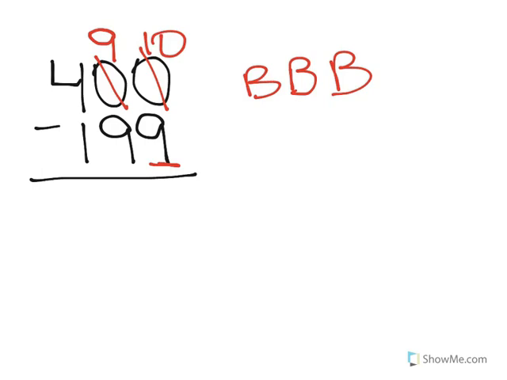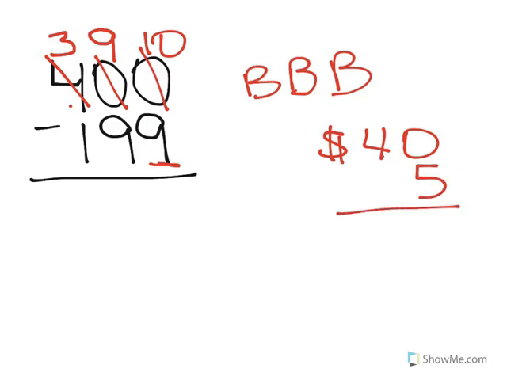But when you have the trick to borrowing across zeros, if you borrow from a 0, you have to keep going until you get to a non-zero digit. And I'll show you why in a bit. So that means we have to borrow from the 4 and turn it into a 3. I'm going to take a little sidebar for a second. The reason you have to borrow, think about it this way. If you have $40 in your pocket and you spend $5, so this is a simple example, but